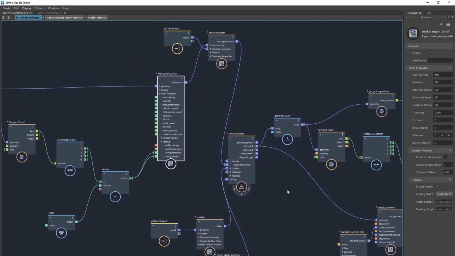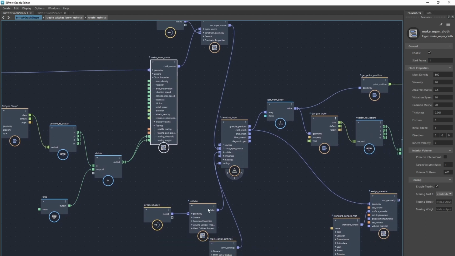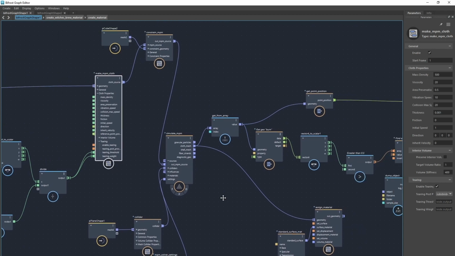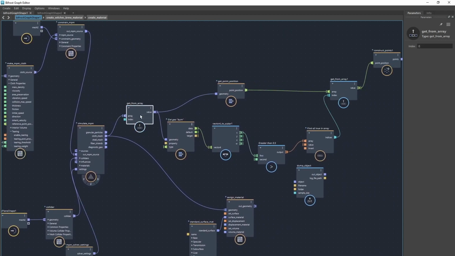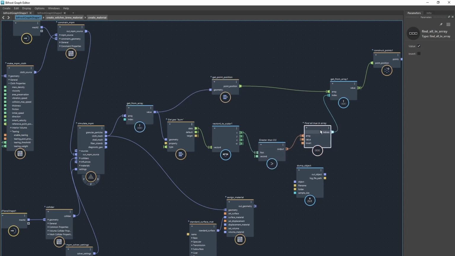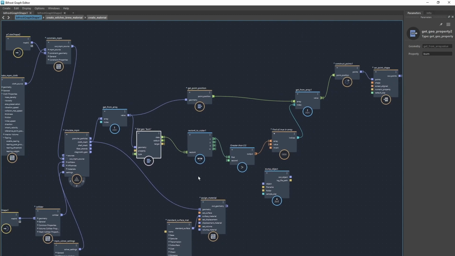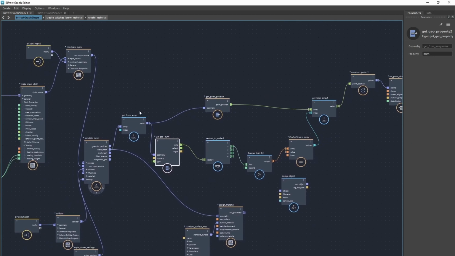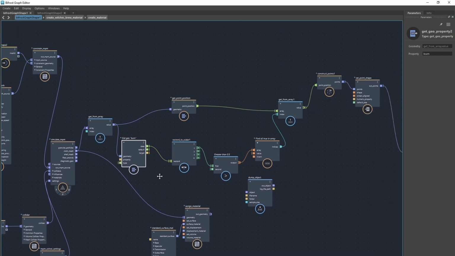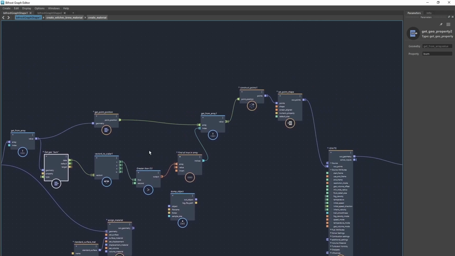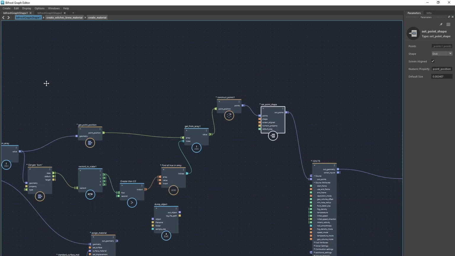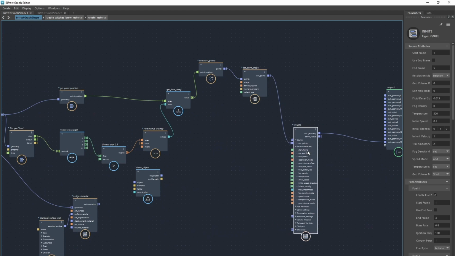So what that means is we can tear cloth in certain areas, which is nice. We could use that on its own, but we could also then come out the back of the NPM cloth after post simulation. And again, Stefan helped me with this greater than and find all true and array. I was stuck there. So basically, we're looking for burn again post sim, and so we're looking for those color values that are being simulated. And then basically we're just constructing points on it, very similar to the sofa example, and feeding that into Ignite as well. But this time we're going to get some disintegration happening, hopefully,